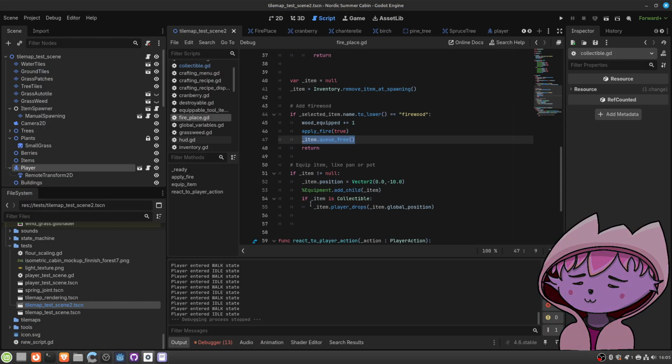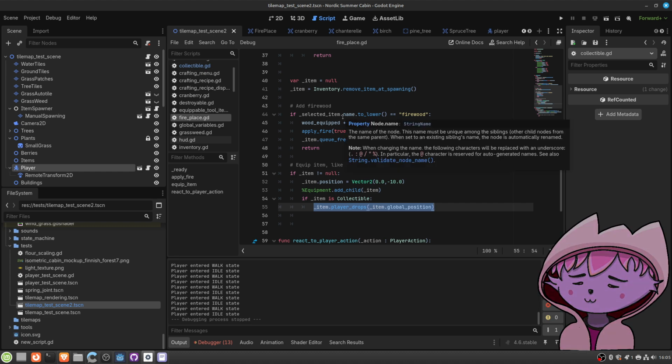But now that we have this, we know that the firewood is collectible. We can just say, oh wait, we have to be careful because here originally when I equip the firewood with the fireplace, it just disappears and the fire just starts immediately. So